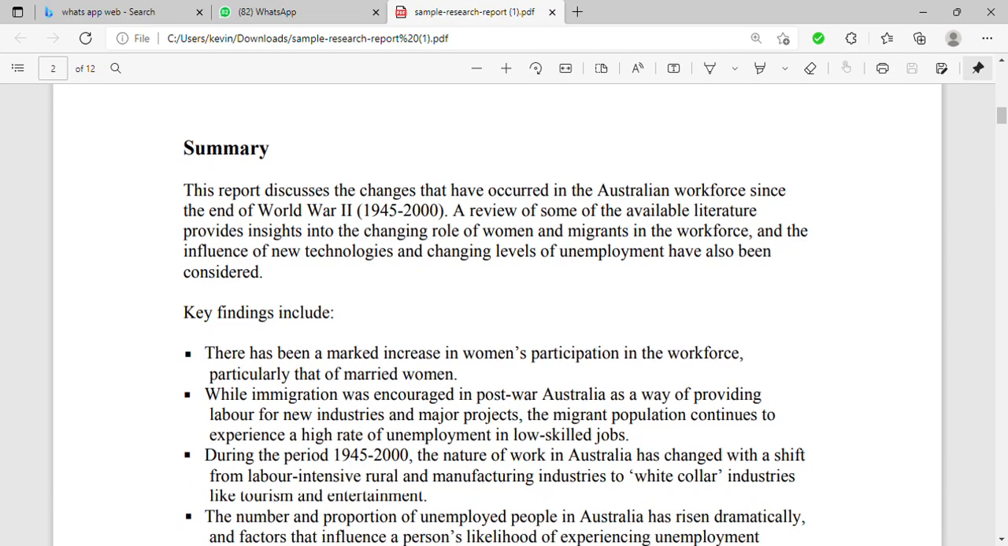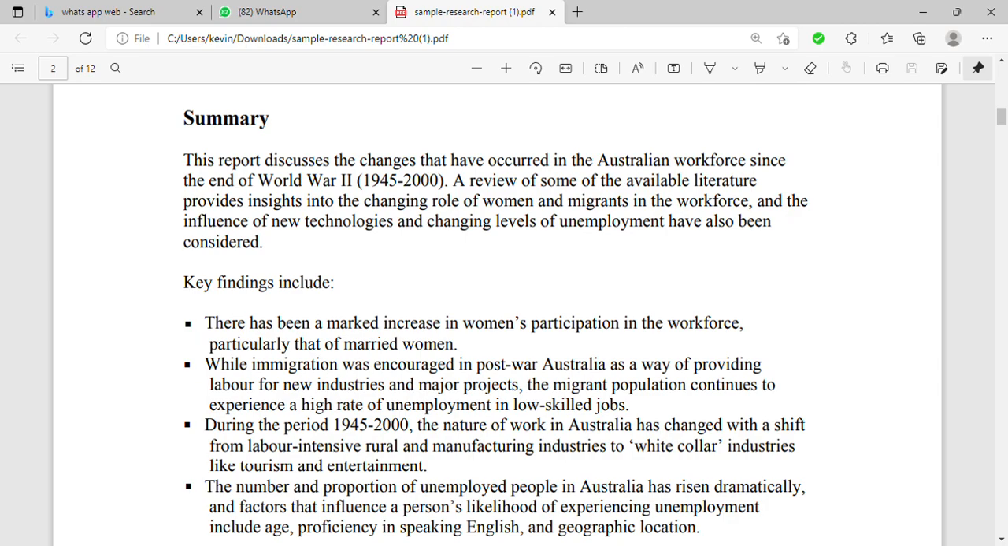Then there is also what we call an abstract page. An abstract page summarizes what the report is all about. So the summary of the report. This report discusses the changes that have occurred in the Australian workforce since the end of World War II, 1945 to 2000. A review of some of the available literature provides insights into the changing role of women and migrants in the workforce, and the influence of new technologies and changing levels of unemployment have also been considered. So this is a summary